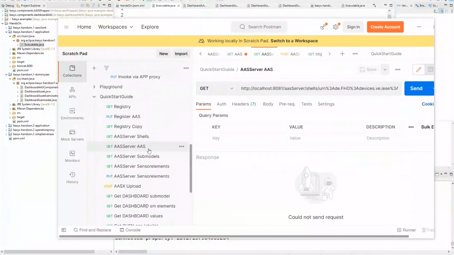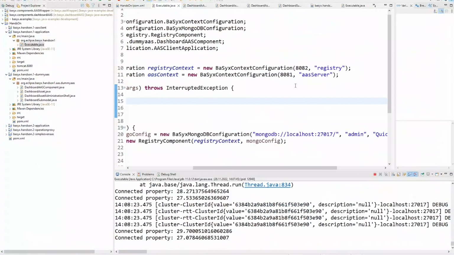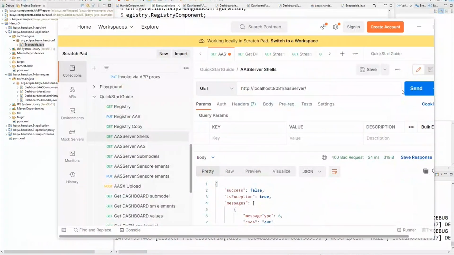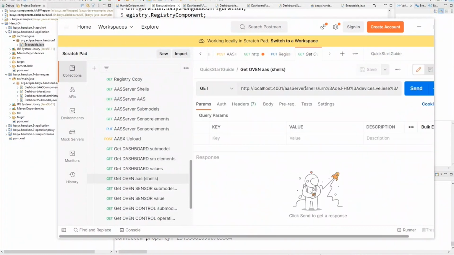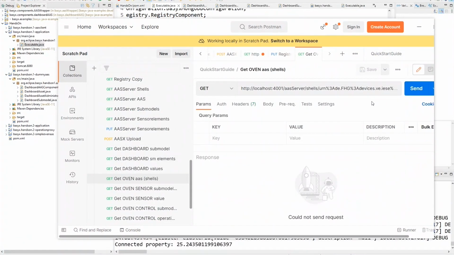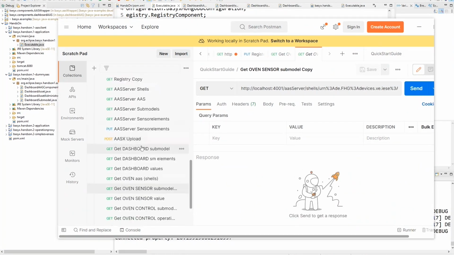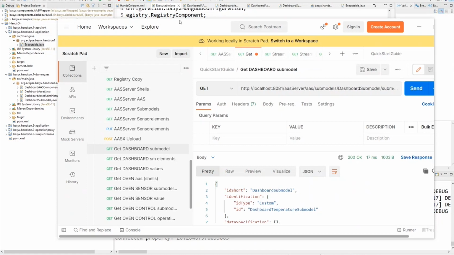No. Because I don't use the AAS off-the-shelf component, the endpoint is a little bit different. Okay, I changed the port,